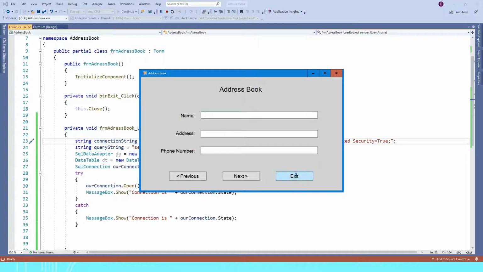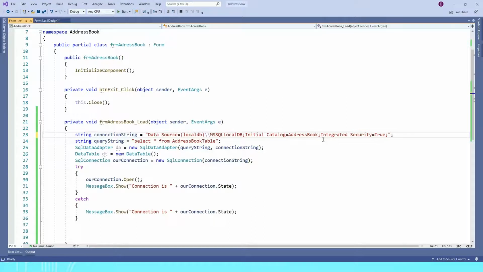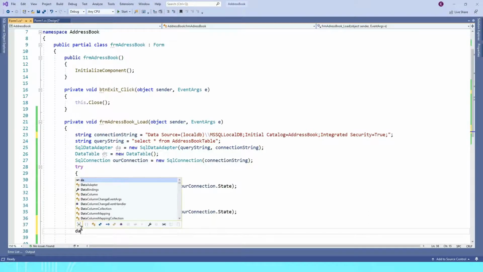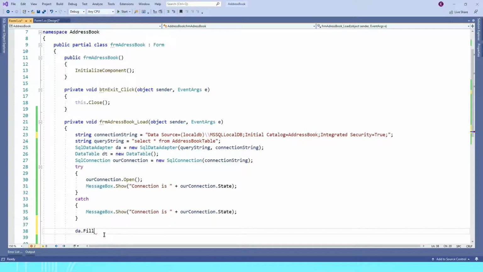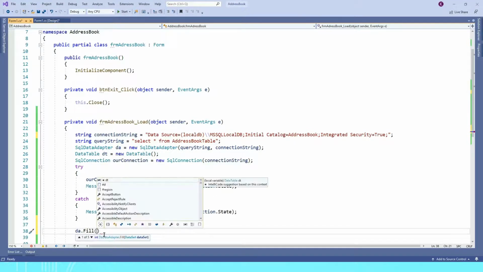Okay, let's change it back to address book. Now when our connection is open, we can access our database and extract our data from the database. Let's do that. So we're gonna use our SQL adapter, and the name of it is DA, as you remember. So we're gonna type DA period, and the method we're gonna use is called fill. So double click, and the way it works,